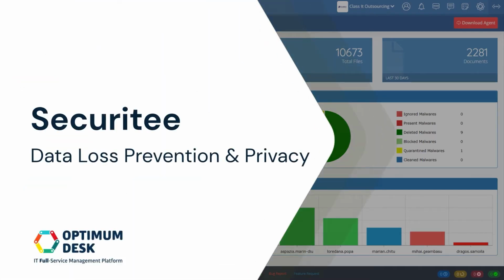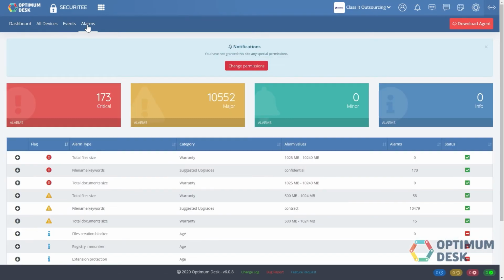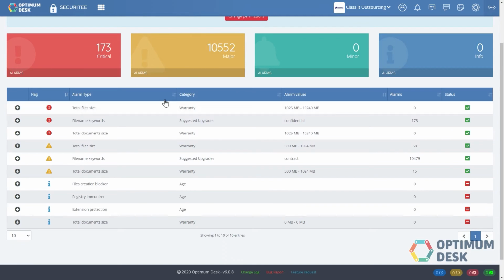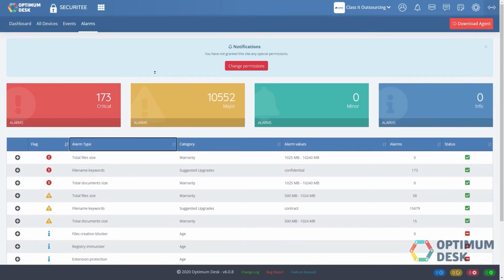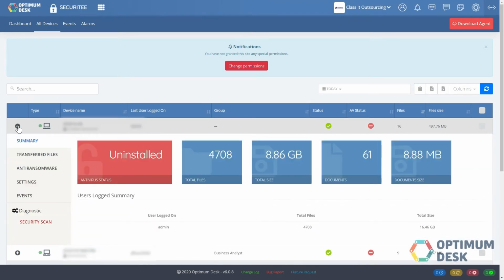Securitee, data loss prevention and privacy. It prevents sensitive information from being stolen or lost and applies data management policies and also blocks the end users from sharing confidential information. Monitors sensitive consumer data without reading their content and protects against SSN or credit card data being compromised. Controls sensitive data exchanges to prevent the leakages of vital information, but also protects them against ransomware like